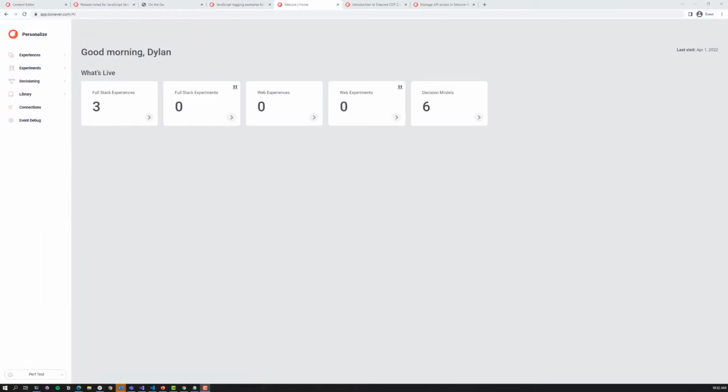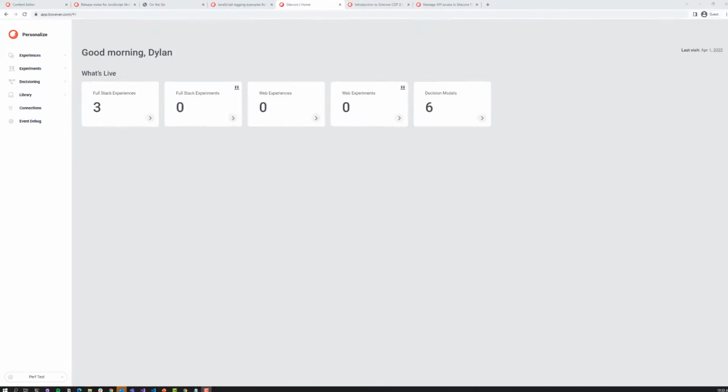Now that we've seen the experience from a CDP tenant perspective, I wanted to quickly talk about the personalized tenant. I'm not going to go through all the steps that we just previously went through. I just wanted to share where you could see your events if you're firing events to just test out that they're working. As you can see on the screen, I'm in a personalized tenant. You'll notice that the navigation has changed quite a bit. Our CDP tenant in this case was a Smart Hub CDP, so a lot of things didn't change necessarily, but